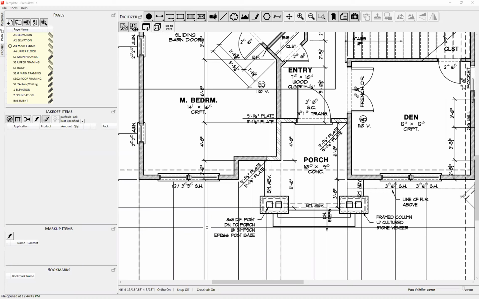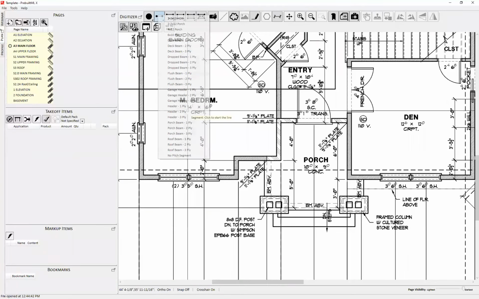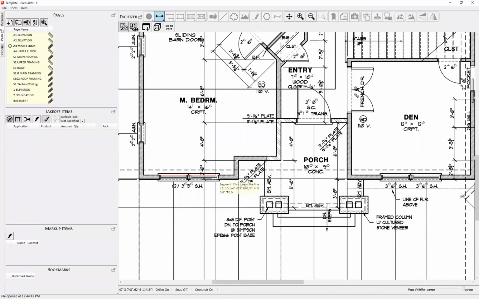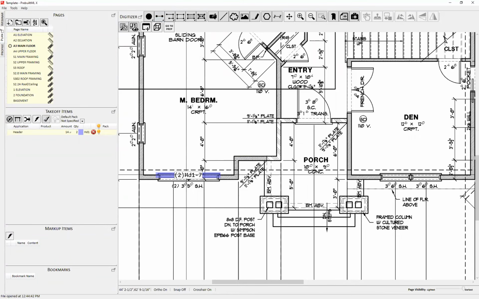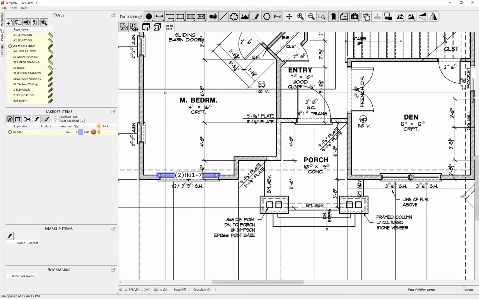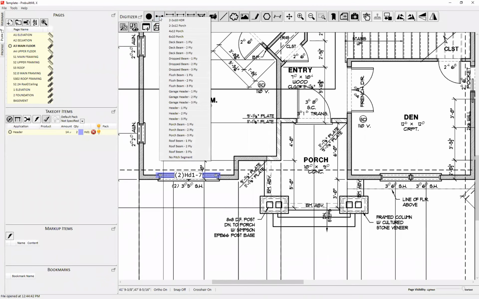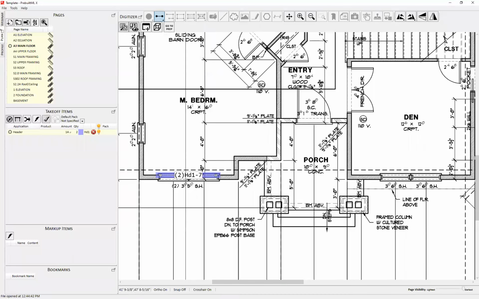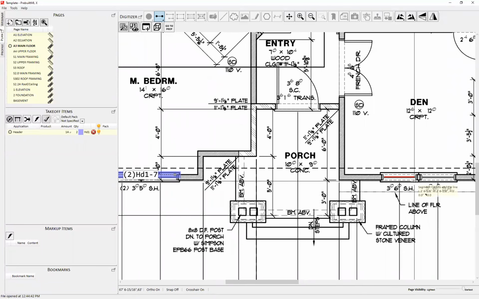But then, as a for instance, you can have a 2-ply header that just comes in as a 2-ply header, no material set, because in this market maybe we often use 2-ply headers, 2-by headers, or what have you. But then I have one customer where their go-to header is a double 2x10. So in their template I can have a double 2x10 header, where when I'm going to draw a header, I just